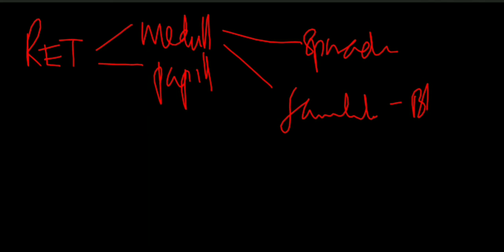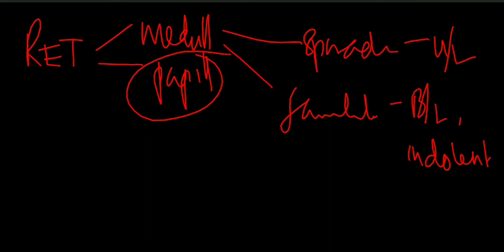If it is a familial type, then it will be bilateral, multicentric, and slow growing, that means indolent. So it has a better prognosis. Now in case of a sporadic case, it will be unilateral, unicentric, and usually occurring in elderly age, like 60 to 70 years. Just recall papillary was in young age, 20 to 40. But here in sporadic, it occurs in old age.